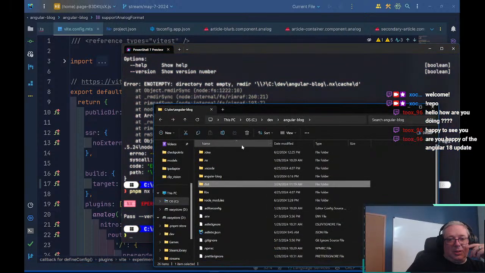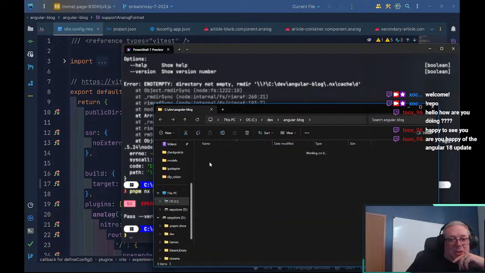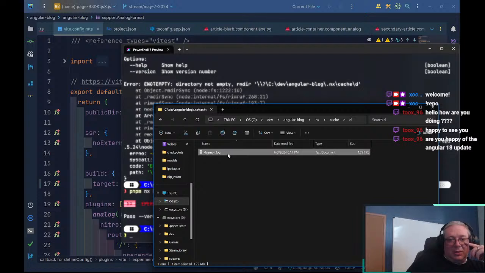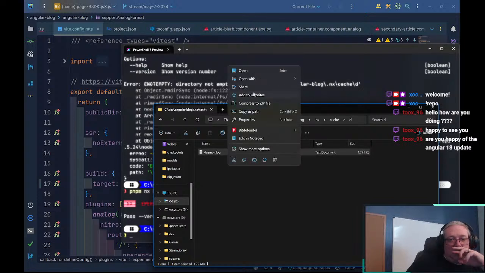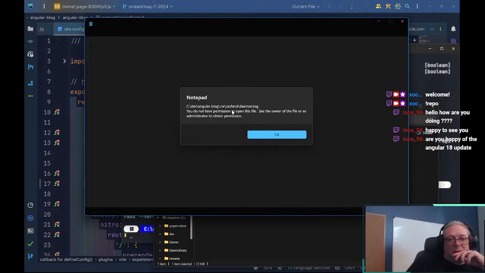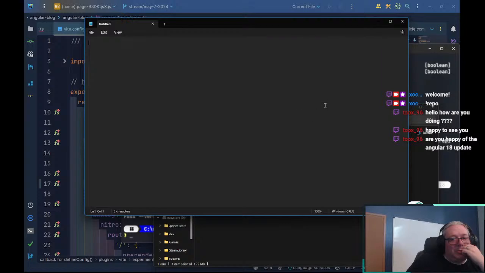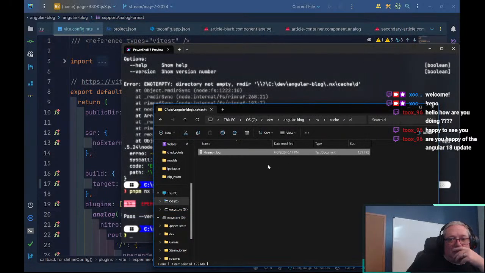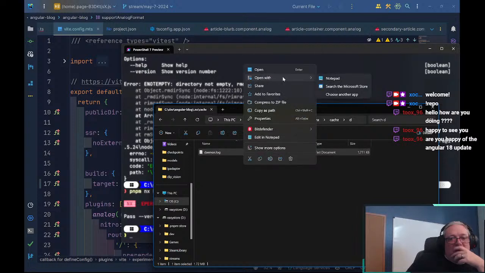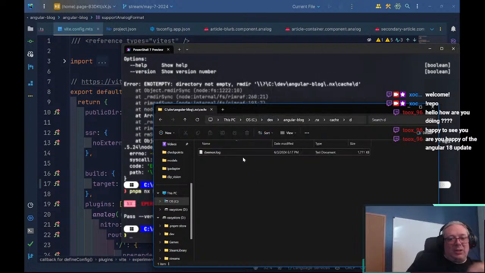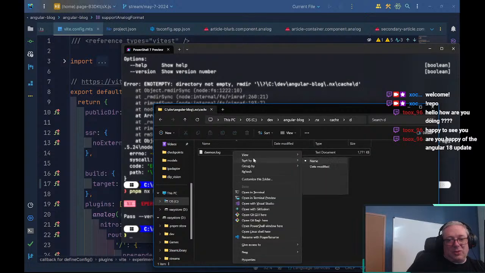So if I go look at the NX cache, and this daemon.log, open this. Okay. I think if I hold down shift,